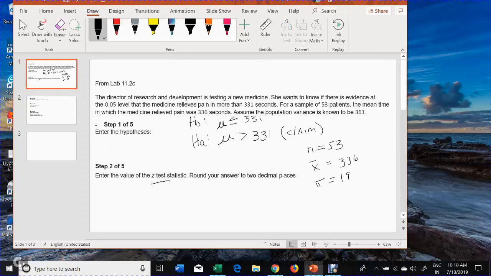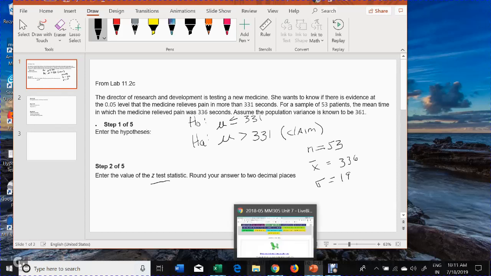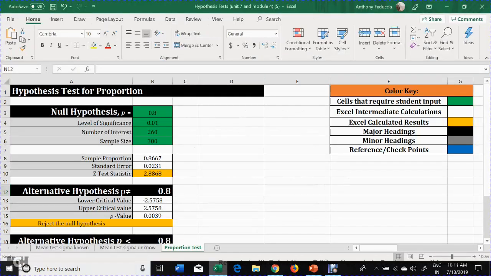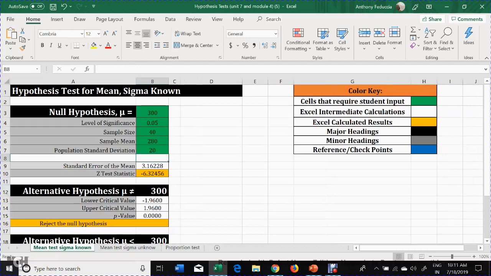So what I wanted to do, and this is what I didn't do in seminar, is go to the workbook, and this is what you should be using. Notice down below we have 3 tabs: one for the mean hypothesis test when you know the standard deviation of the population, one when you don't, and then one for proportion. Well, we know the population standard deviation, it's a mean test, so what we're going to do is put in